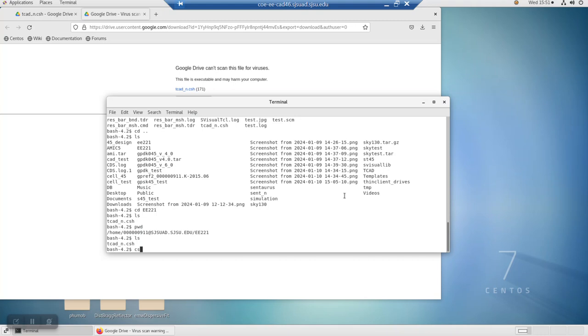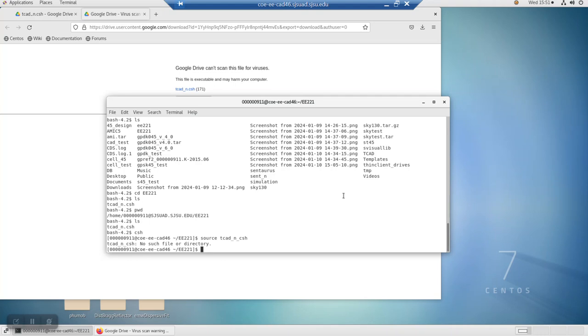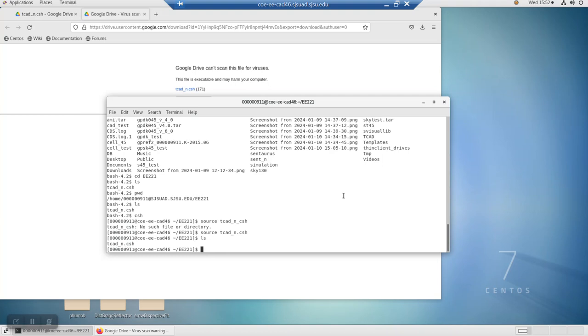So now we want to type csh, a C shell. It's a different kind of command line, different syntax. And then to set up the file, it's just source tcad.chs. Oops. Okay, everything's fine. And now we can just start a tool just to see if it worked. sde